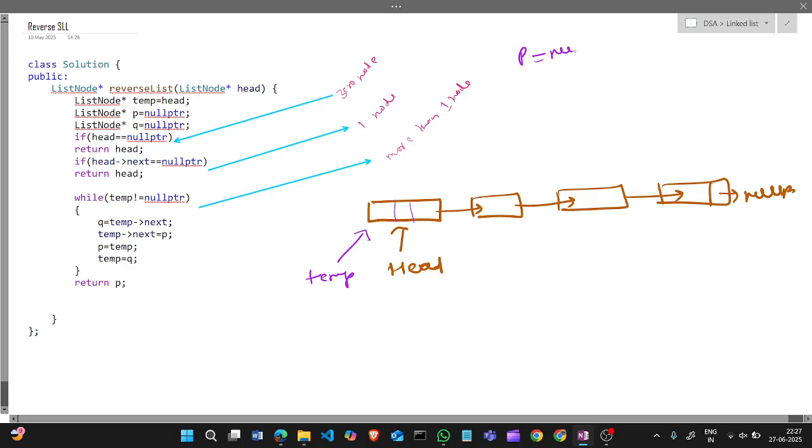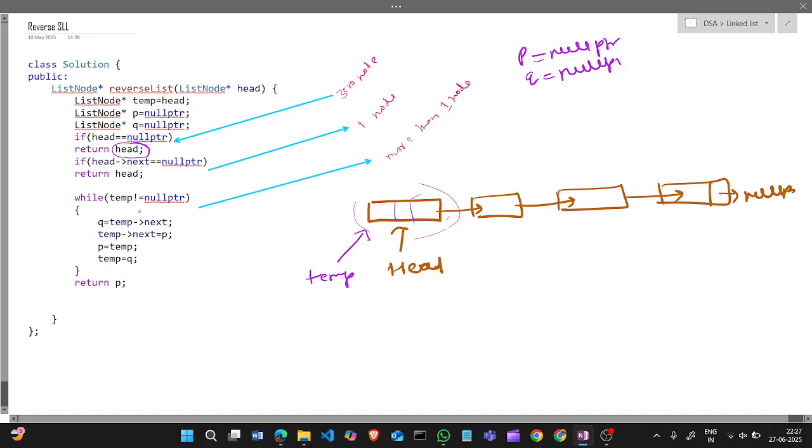P is a null pointer and q is a null pointer. Okay, now if the head is null, it means no node is there, so we will return the head, meaning null. If head next is null, it means there is only one node, so it is automatically reversed, and we will return this.